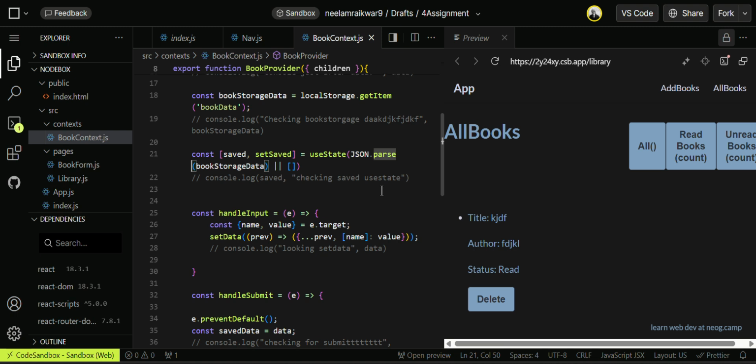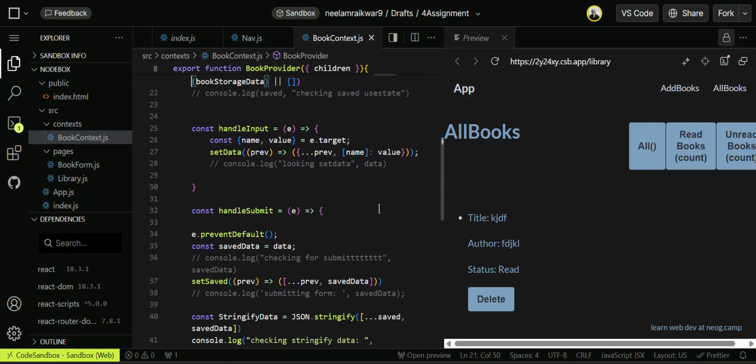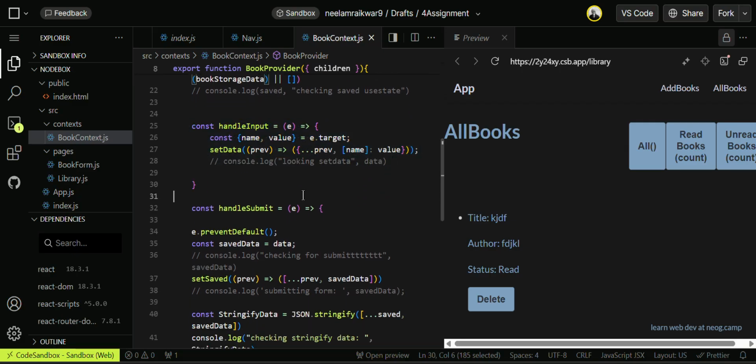Then we have to save it on the local storage, and in the local storage we always have stringified data. So we have to convert or transform it to its normal state, which is an object here. And this is my handleInput function,